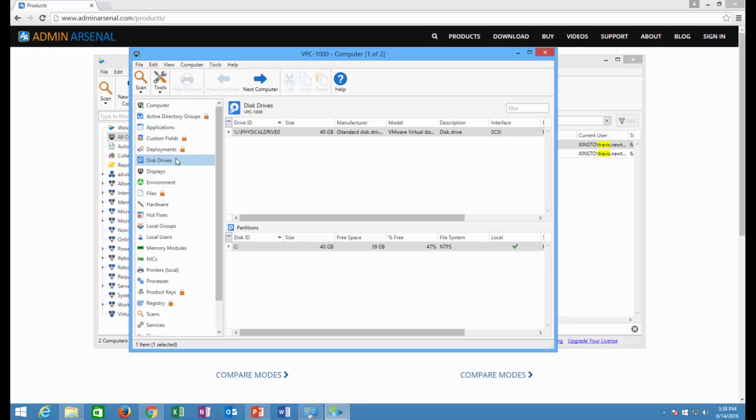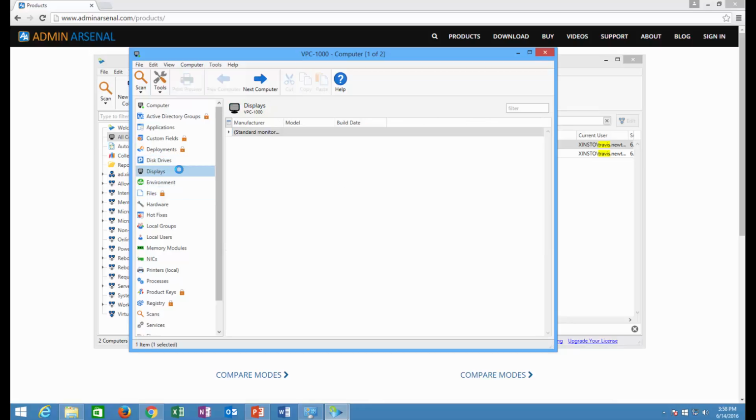Disk drives. If this was a physical machine, it would tell you all sorts of information about the hard drive that's installed. Now, because this is a virtual machine, we have a virtual SCSI disk device, so we don't really get a lot of helpful information. But if this was a real device, we would see all the good details of it. We can see what is connected to it